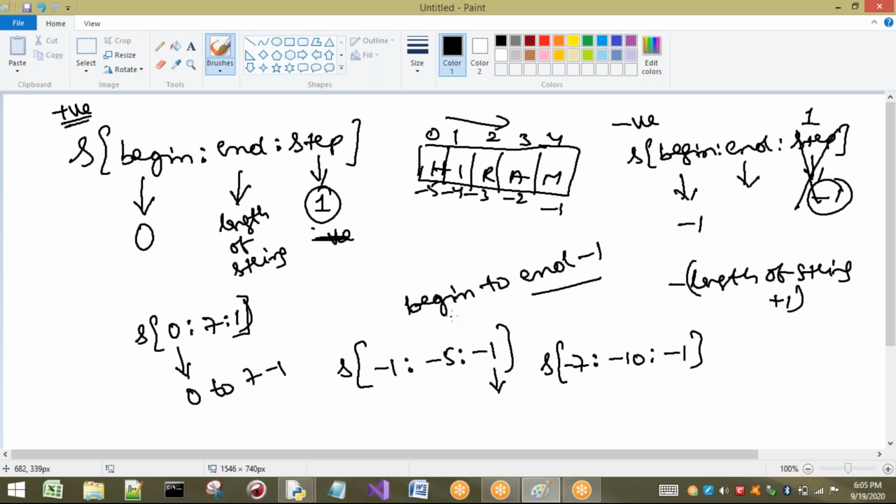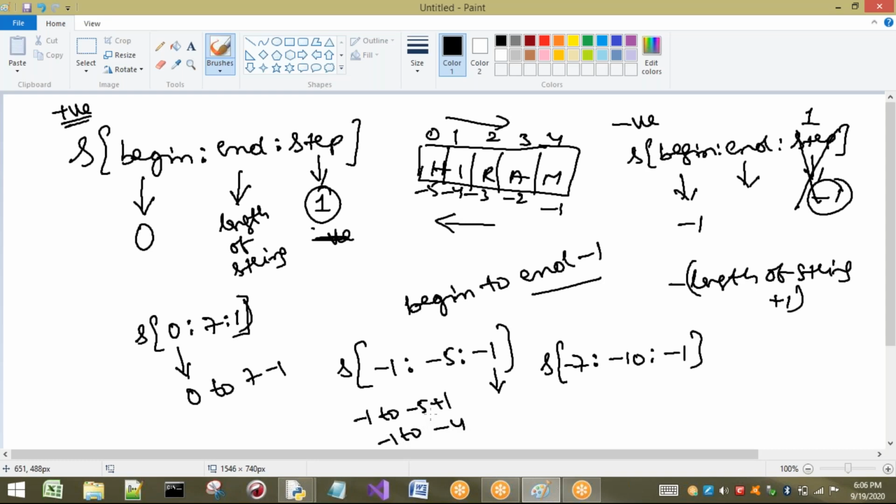Reverse means from this way. Whenever we consider the backward direction, it will take from minus 1 to n plus 1, that is nothing but minus 5 plus 1, which is minus 4. That means it is going to consider from minus 1 to minus 4.